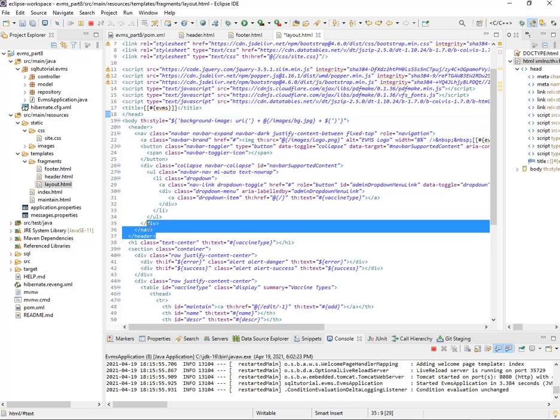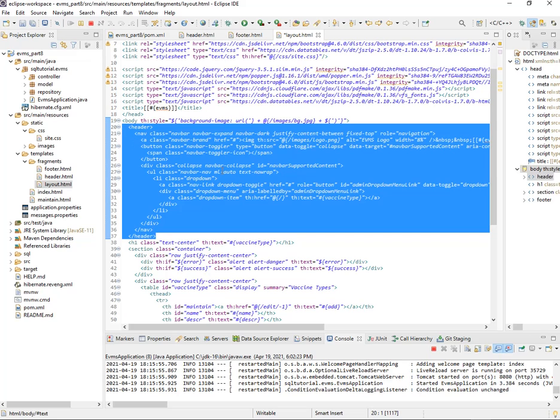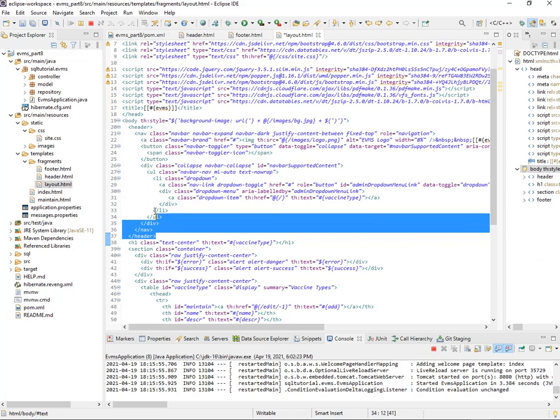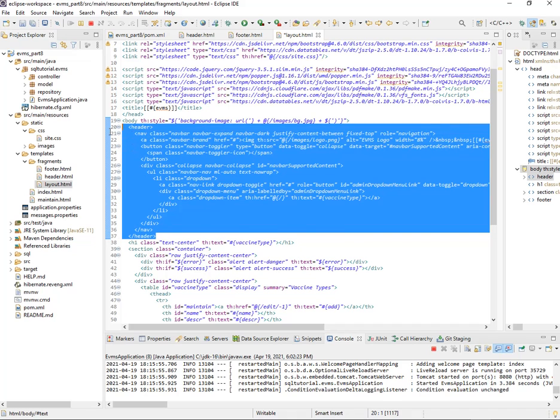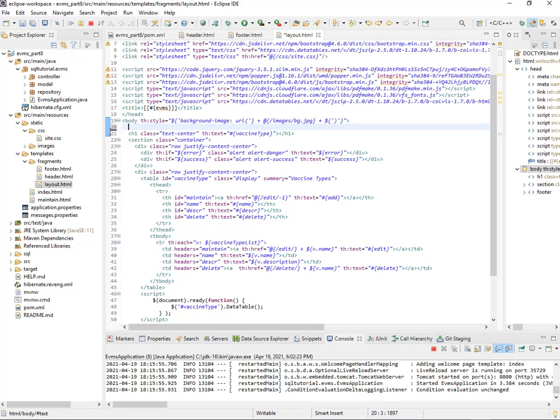Now if you look at this header section, that's our menu items. So that would be a good thing to put in a common place called header.html. So that's what we're going to do. We're going to change that to be the header. So let's go ahead and delete this. In here, Thymeleaf allows us to create something called a block. So basically it says this is going to be a block, and you need to replace that block with